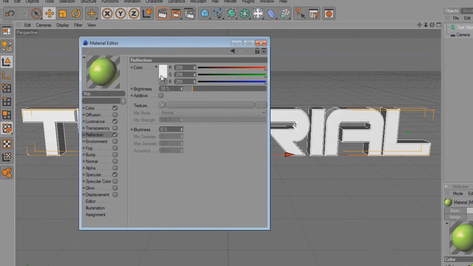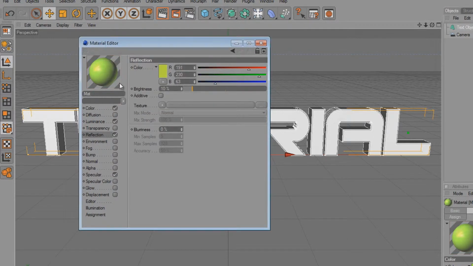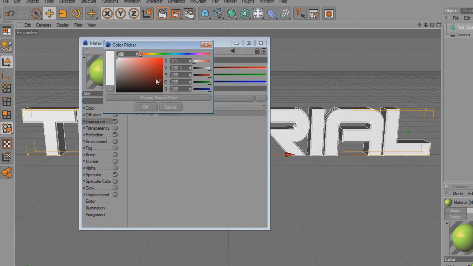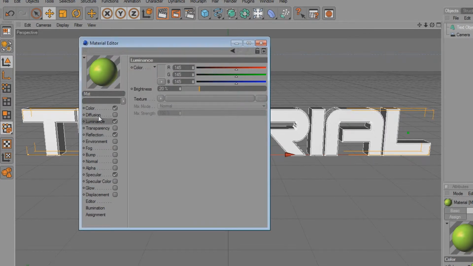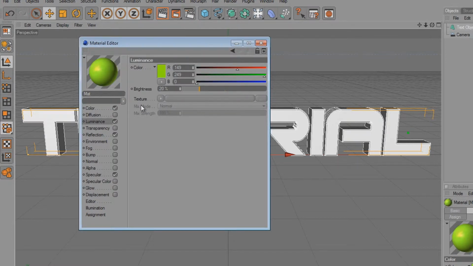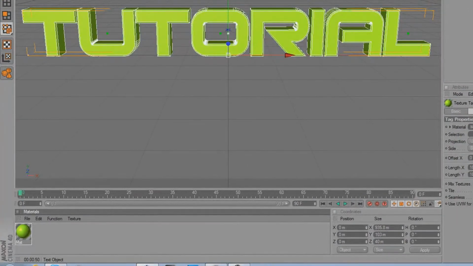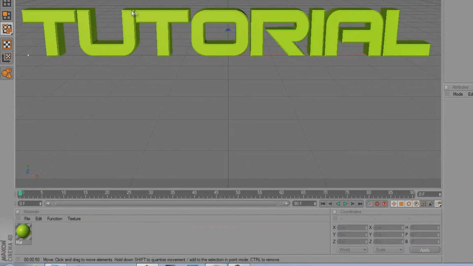Actually, put this one reflection in kind of yellowish green. Let's put it kind of grayish. Yeah, let's keep it like that. Luminance, make it green. So we're going to drag and drop it onto the text,